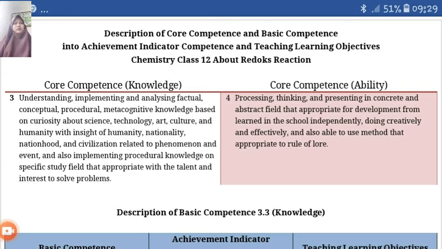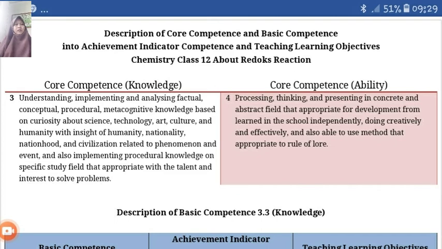The first is core competence as knowledge dimension: understanding, implementing, and analyzing factual, conceptual, procedural, and metacognitive knowledge based on the curiosity about science, technology, art, culture, and humanity with insight of humanity, nationality, nationhood, and civilization related to phenomena and events, and also implementing procedural knowledge in a specific study field that provides with the talent and interest to solve